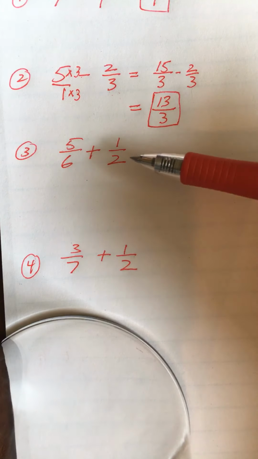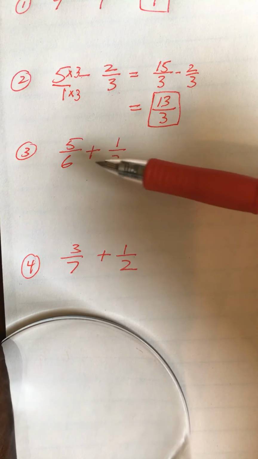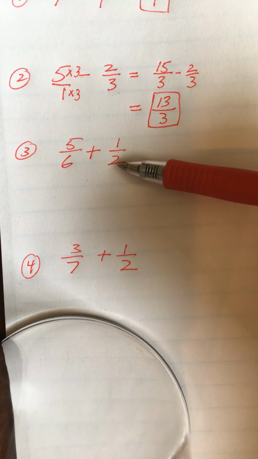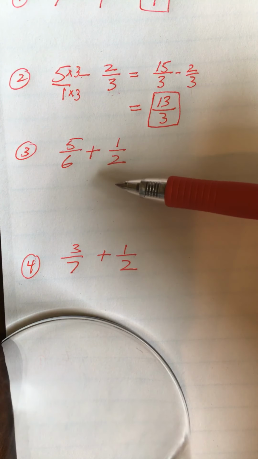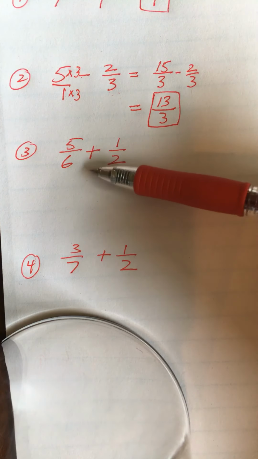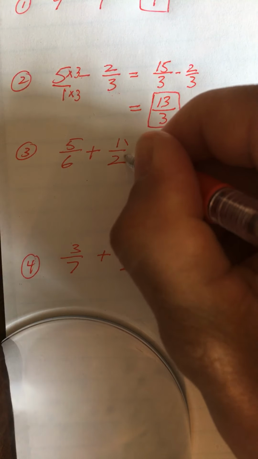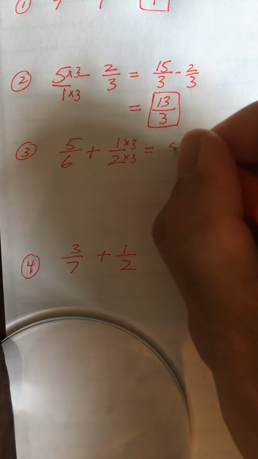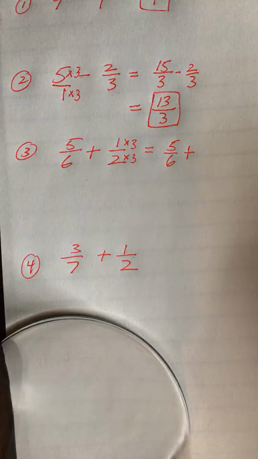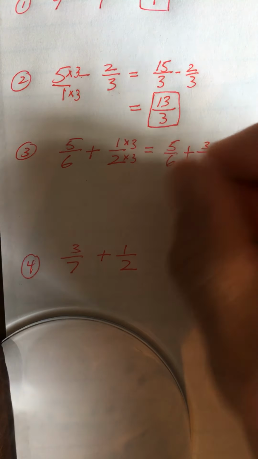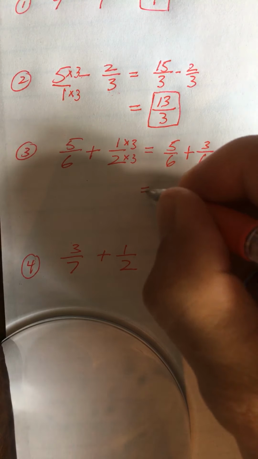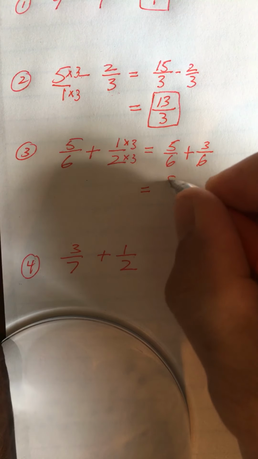We take a look at number 3, and we see that we're adding two fractions and the denominators are not the same. So I have to determine between 6 and 2, what is the lowest common denominator? What number can I make 6 and 2 so that they are the same? Well, the answer there is 6. We're going to multiply the bottom by 3 and the top by 3. So we get 5/6 plus 1 times 3 is 3, 2 times 3 is 6. Now the denominators are the same, so I can add the numerators. 5 plus 3 is 8,